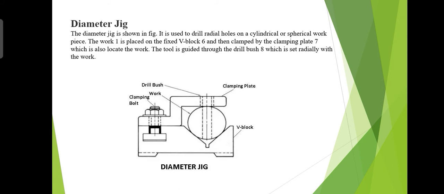Box jigs, sometimes called closed jigs, usually resemble box-like structures. They can be used where holes are to be drilled in the work at various angles. If you want to drill at various angles, then you can use a box jig. The jig is built in the form of a partly open slot in which the link is moved against a